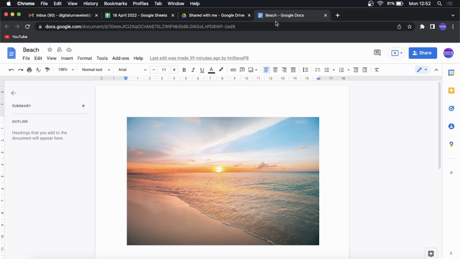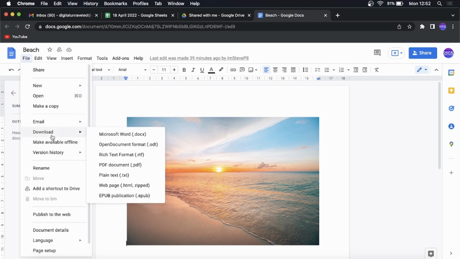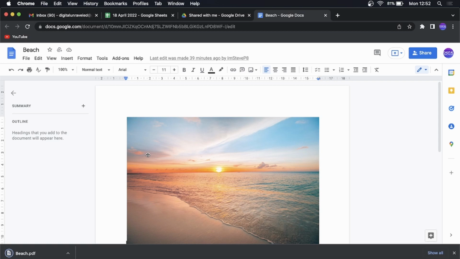So once you've opened up your Google Doc that you want to save as a PDF, all you need to do is come to the menu bar here at the top, click on File, and then you'll see the option here that says Download. Then you want to click on PDF document, so download as PDF document. Click on that, and just like that, you can see the PDF document has been downloaded, and it is in